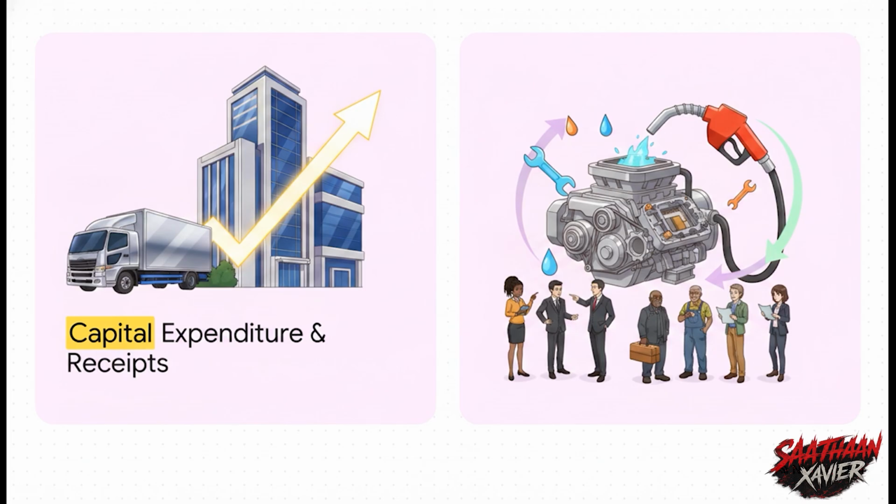Here is a really great memory trick for you. Capital creates capacity, revenue runs it. Let's say you buy a massive delivery truck. That creates your capacity to deliver, right? That's capital expenditure, giving you long-term economic benefit. But buying the daily fuel and paying for the annual oil changes, that just runs the truck. That's revenue expenditure, which is consumed in the current year. Mixing these up will completely distort a company's profits. Oh, and in this same framework, you'll also dive into contingent assets and liabilities, which are essentially potential outcomes that depend on future events, kind of like a pending lawsuit.